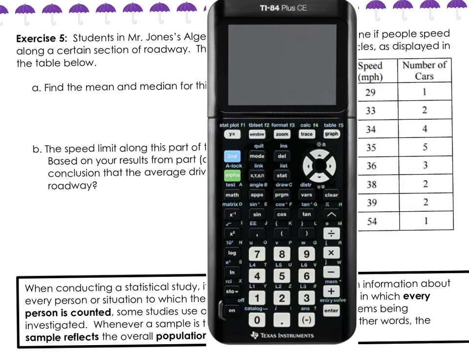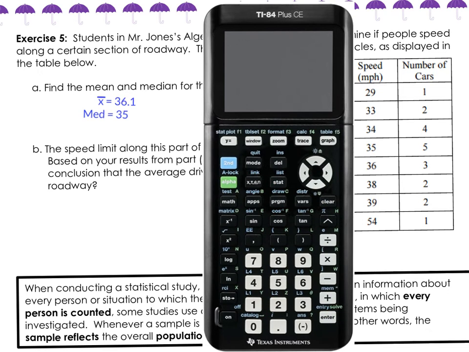So if you have the older calculator, you have to say L1 by hitting second 1, then the comma button, which is above the 7 right here, then second L2. And that's to tell the calculator that your frequency list is in L2. So that's different depending on whichever calculator you are using. Okay, then your answers should be that the x bar is 36.1, that's the mean, and that the median is